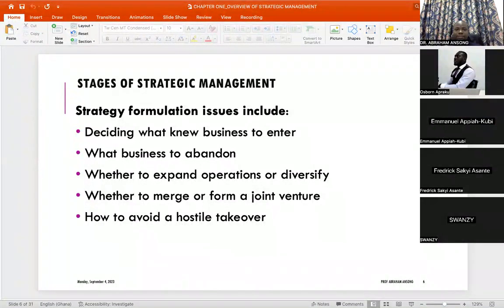As your business expands and grows, or as you seek to expand your business, sometimes you may have to make a decision whether you want to form a merger or a joint venture with another company. There are some technical differences in terms of how accounting or financial statements are treated, whether it's a merger or a joint venture. That is why we have the order. But basically, it's the idea of you now wanting to join another company or expand by buying into another company.